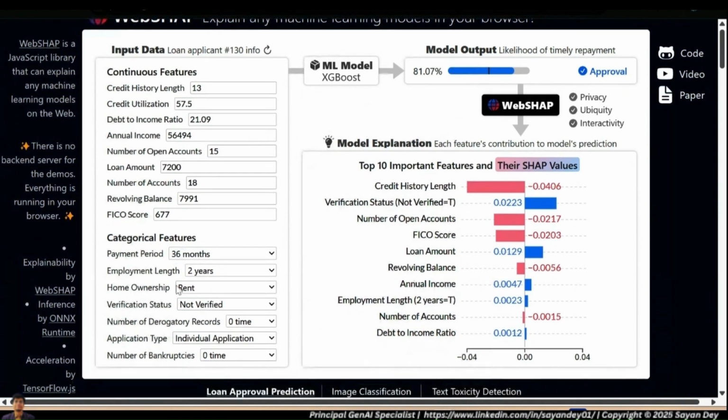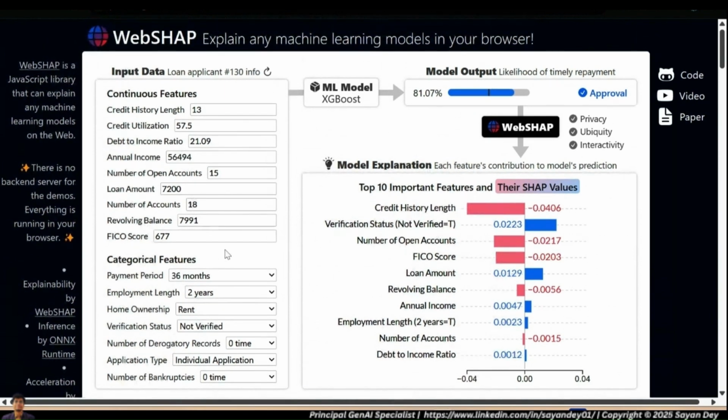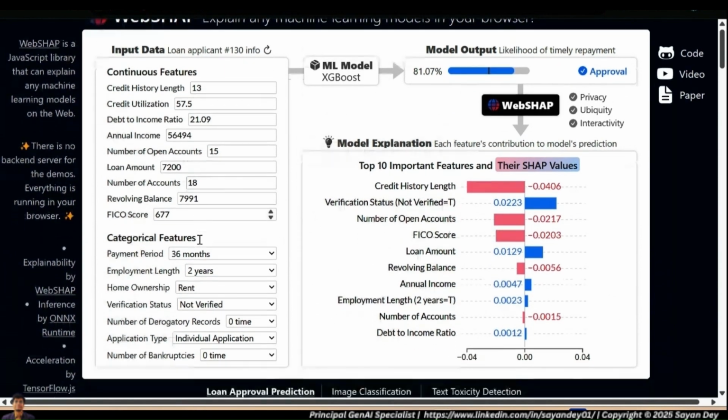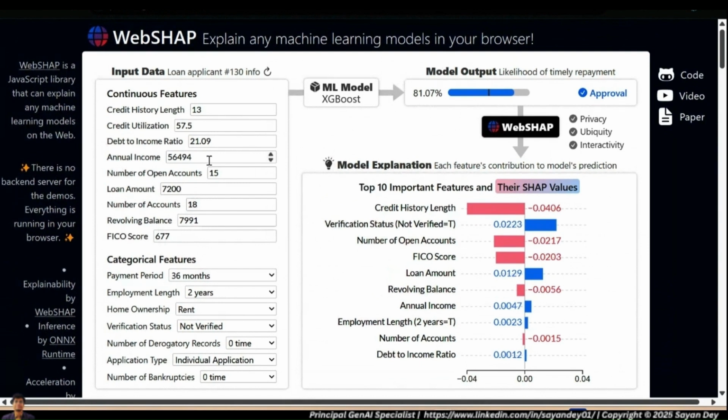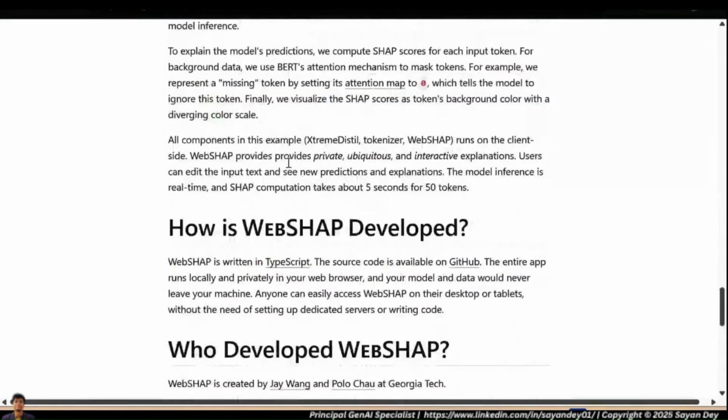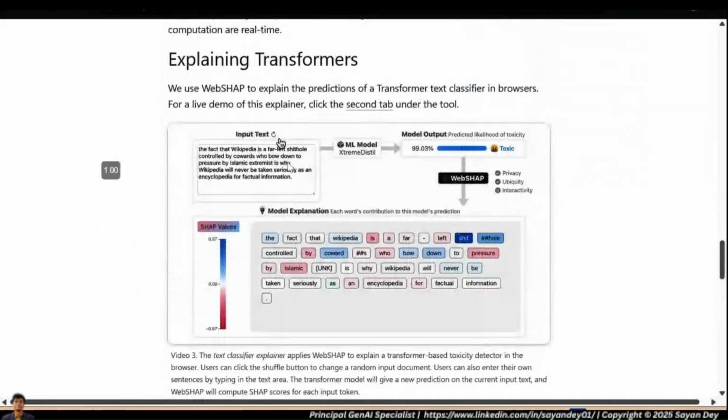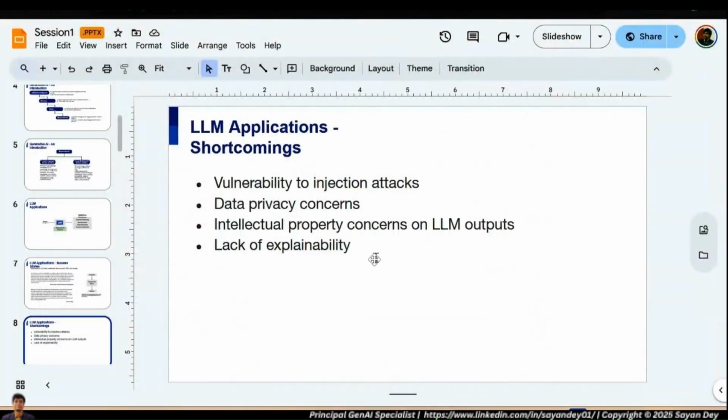So verification status turns out to be a very important factor, right? These are all very important factors that lead the model to approve, right? So credit utilization, debt scores, FICO scores. The FICO score is actually quite high. So this is leading to the customer to, you can see this in action actually. Okay. So again, there are a lot of important ways we can also go and try to unravel that black